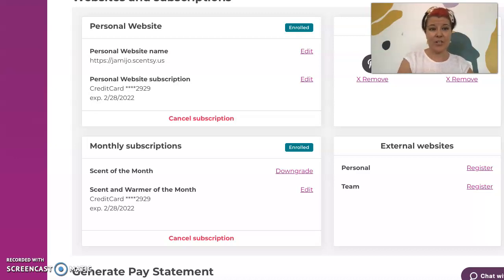The first thing I want to show you today is how to personalize your personal website. So what you're looking at right now is my screen from my workstation. What you will need to do is go to your workstation simply by going to the word